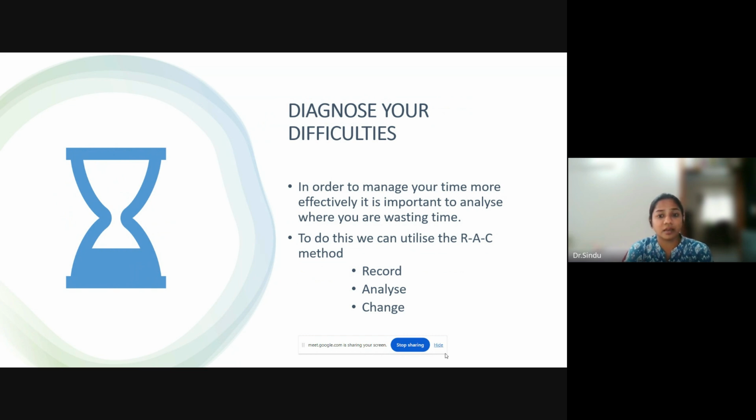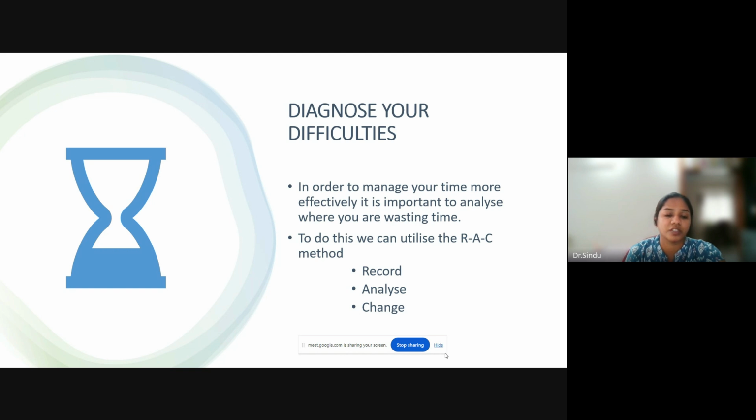So here you can utilize the RAC method. What is the RAC method? Anybody? Any idea? The RAC method is nothing but: R stands for record, A stands for analyze, and C stands for change. So RAC is record, analyze, change, which is a time management technique that can help you to reduce your procrastination